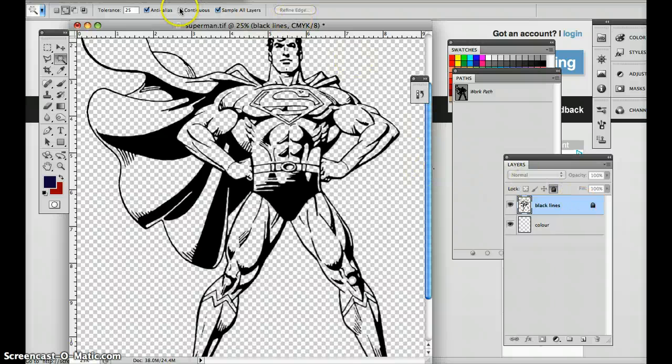Now with my magic wand I need to put contiguous on. Contiguous means contained area, and I want contained areas, and I also want to sample from all layers because the layer that I'm going to be working on doesn't actually have anything on it. So select the blue. Now I need to expand my selection,